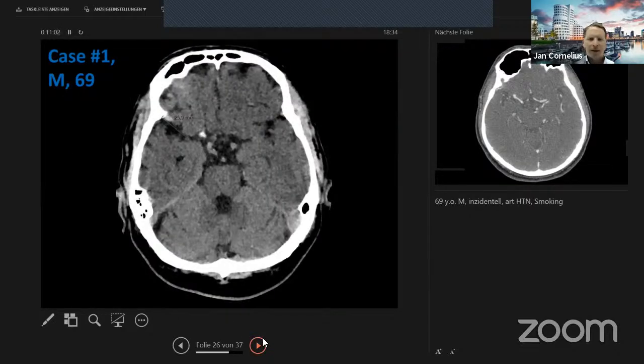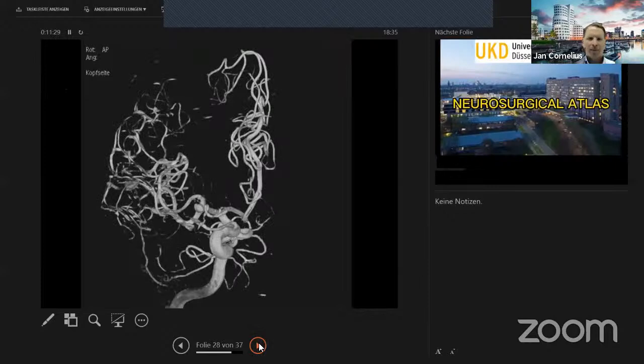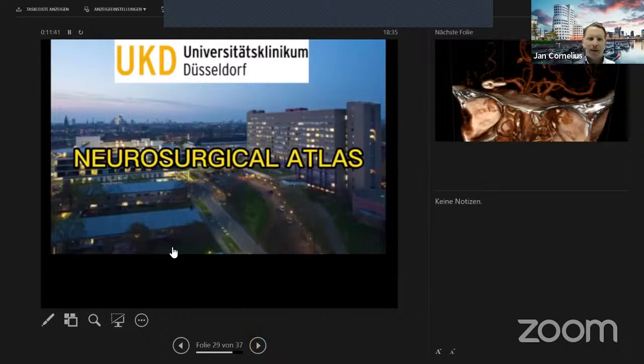So just to illustrate it clinically, here is a case of a 69-year-old man who had headaches and had a routine CT scan. He is a heavy smoker and had arterial hypertension, so there was a suspicion here of an MCA aneurysm, which was confirmed in the CTA, and then the patient got angiography, and this is a short operating video which illustrates the